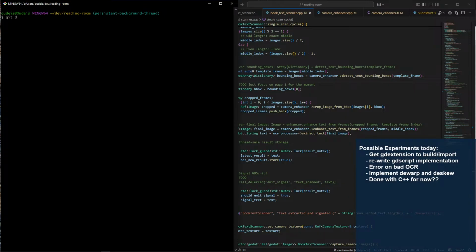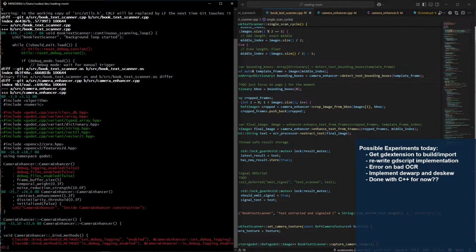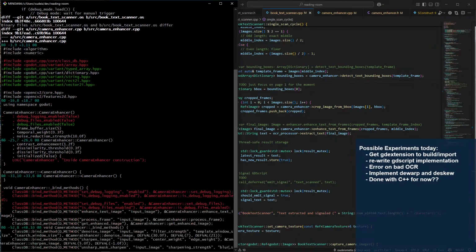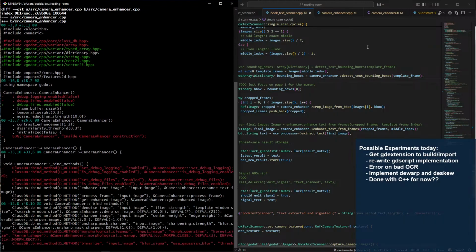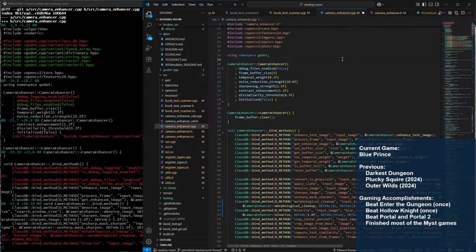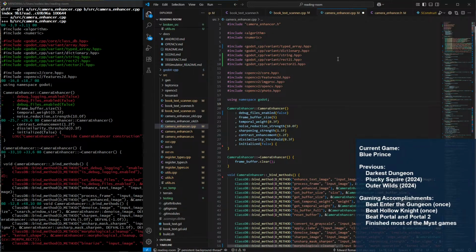Git diff source. Again, we brought that back because that should be there now. Okay, camera enhancer. Is there anything from camera enhancer? So we have typed array.